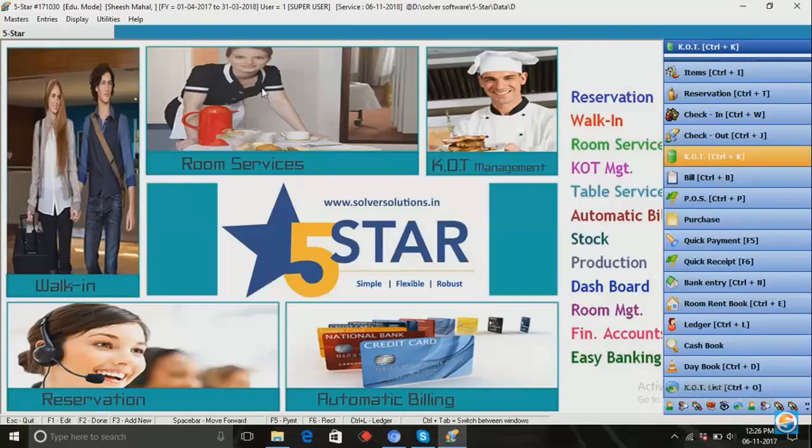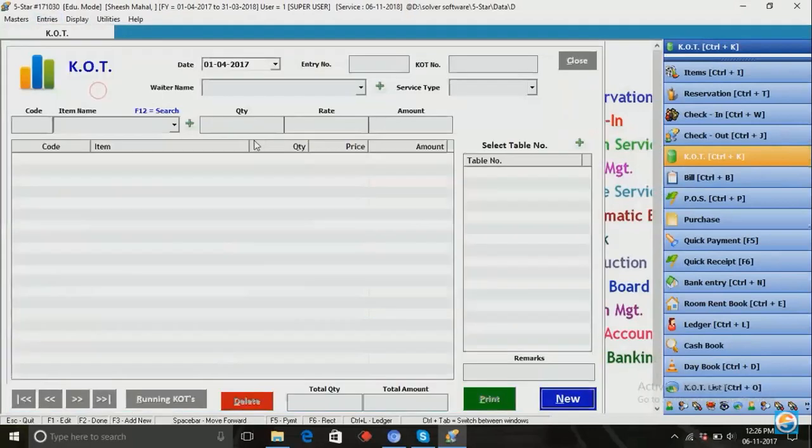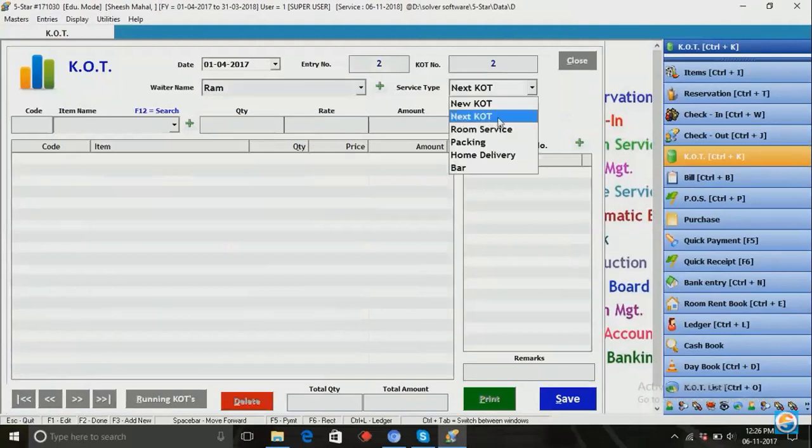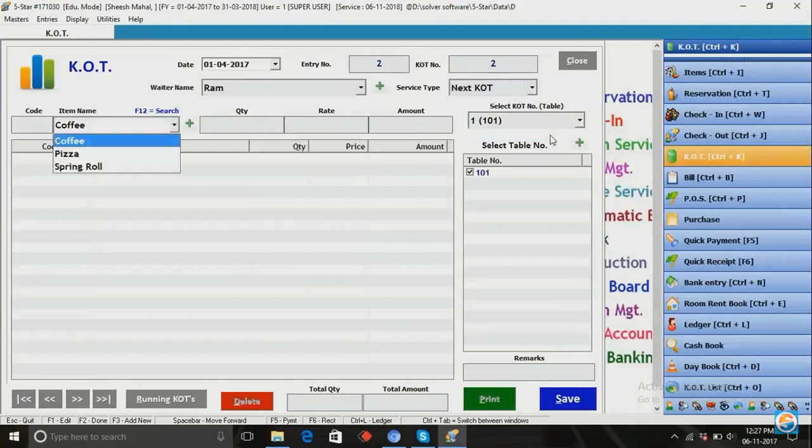अगर आपके पास नेक्स्ट ऑर्डर आता है उसी कस्टमर का, तो उसके लिए फिर से हमने KOT पे आके एंटर करेंगे। यहाँ हम नेक्स्ट ऑर्डर के लिए नेक्स्ट KOT सिलेक्ट करेंगे। अगर एक ही टेबल से दूसरा ऑर्डर आता है तो नेक्स्ट KOT हम सिलेक्ट करते हैं। तो जो भी टेबल बिजी होंगे उनकी लिस्ट आ जाएगी। तो जिस टेबल पे नेक्स्ट ऑर्डर आया है उसको सिलेक्ट कर लोगे। जैसे ये 101 टेबल पे दोबारा से ऑर्डर आया है,